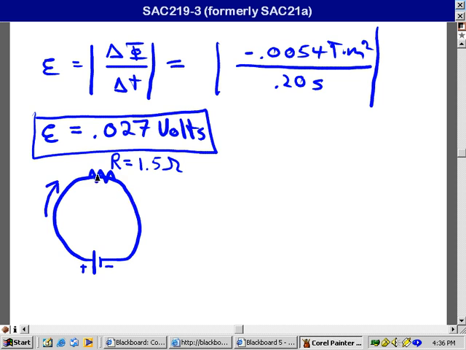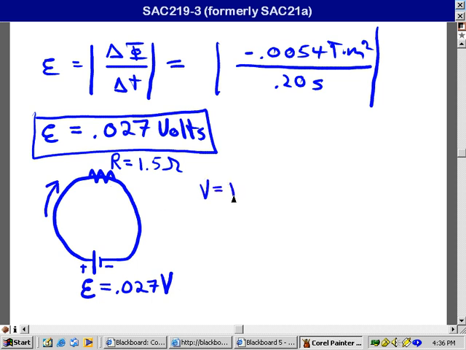So we treat all the resistance as being at one location, all the voltage being at one location as if it was a battery, and experimentally we find that you get the same results as you do for the actual case where the EMF is distributed throughout the loop as is the resistance. So the battery voltage in this model, same as the EMF being induced in the loop, is the 0.027 volts. Now we got a very simple circuit. We recognize that the voltage across the terminals of the battery is the same as the voltage across the resistor, so we can use